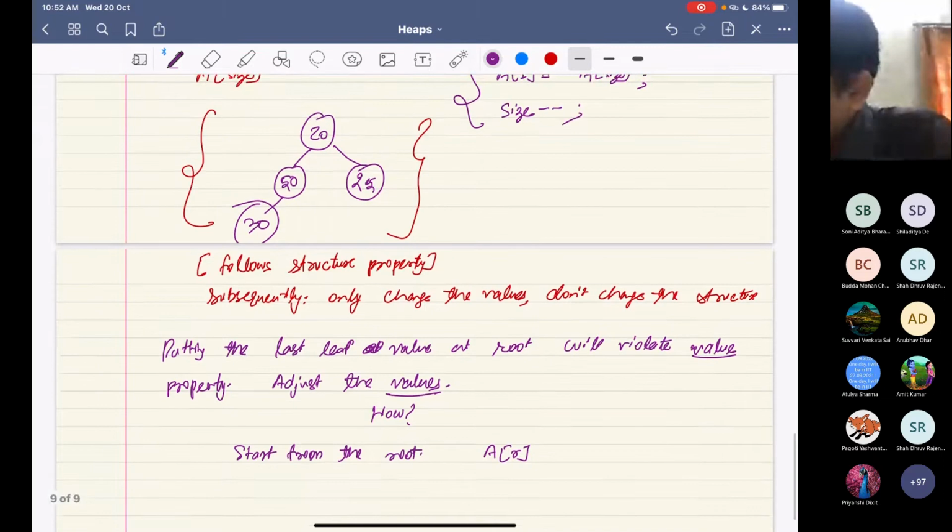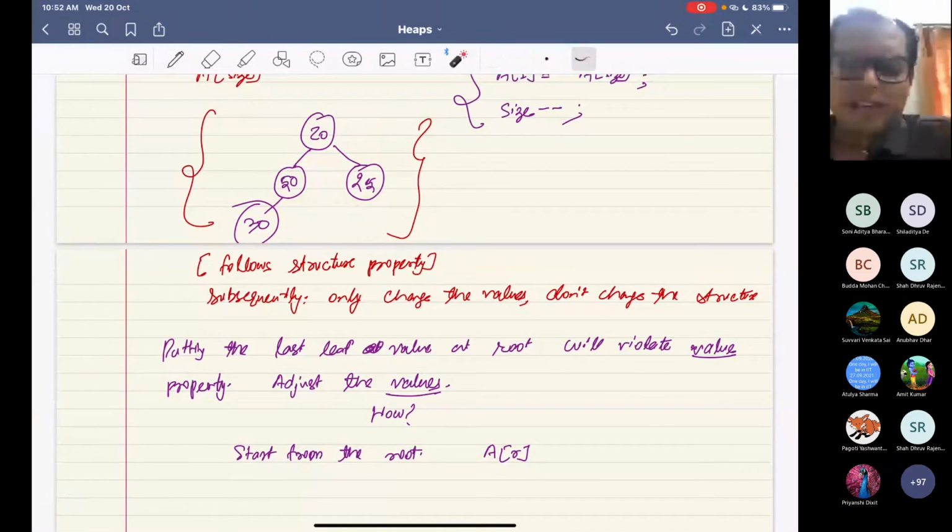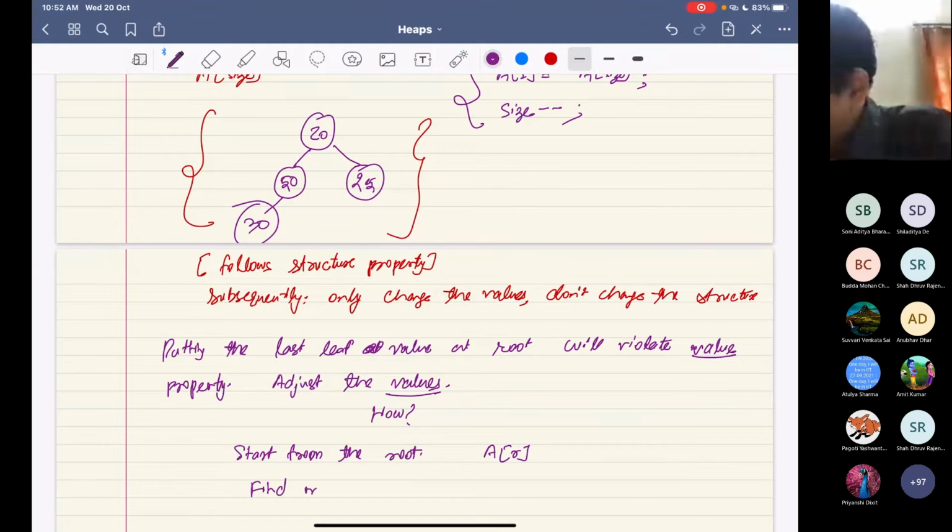In the children of 20, 50 and 25, which one has the maximum value? This one, 50 is larger than 25. So what I will do, I'll swap this value with this. So I'll swap these two values. So find the max value among the children